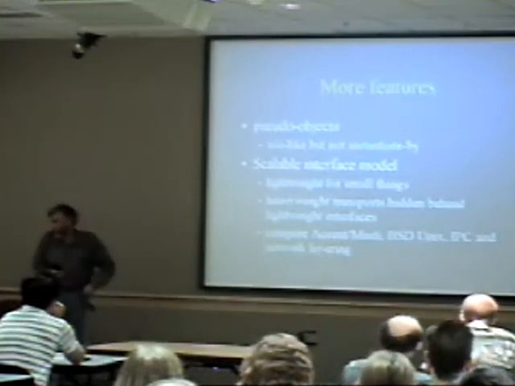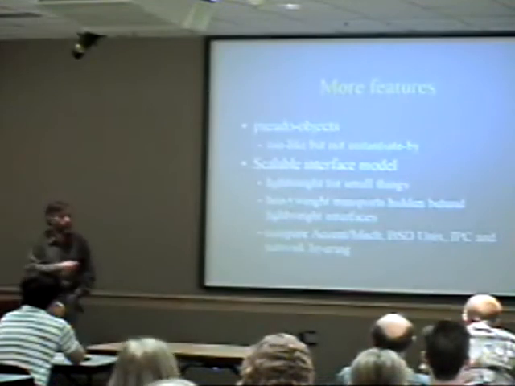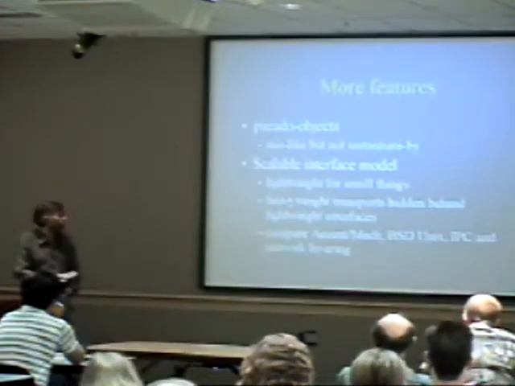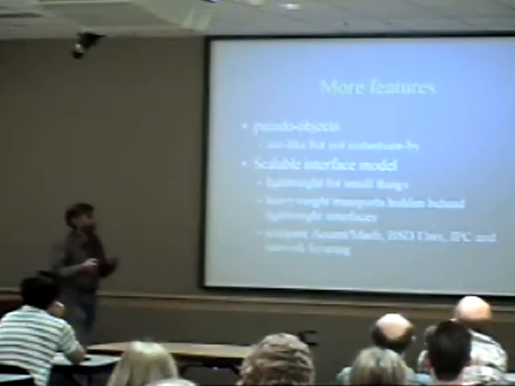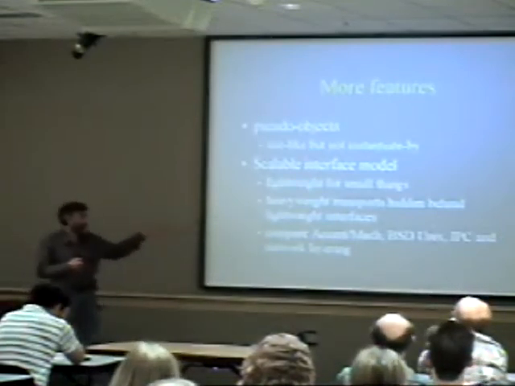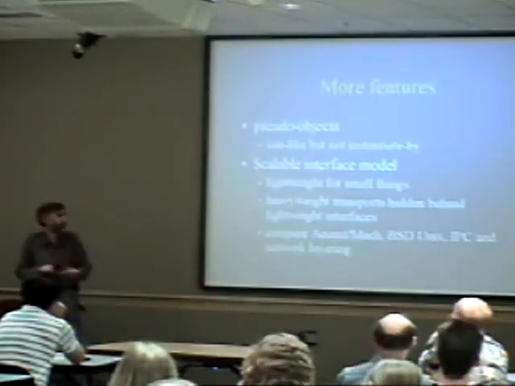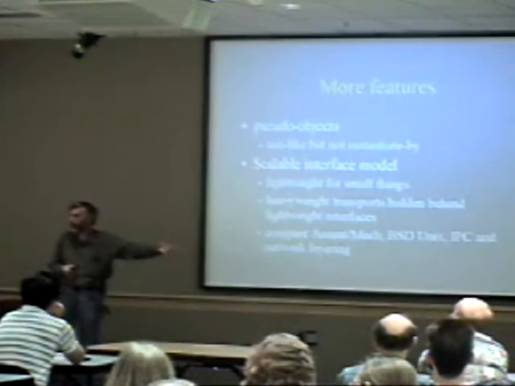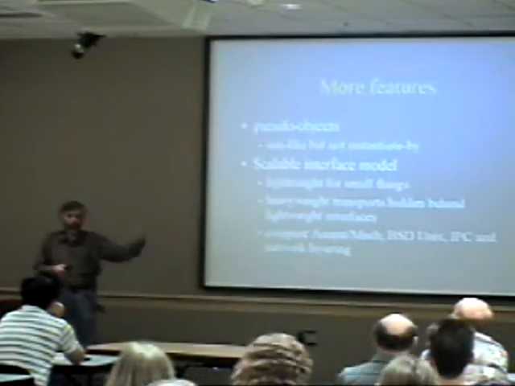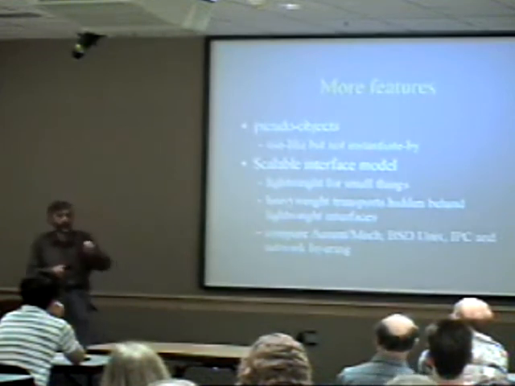The other aspect of what I was trying to do, I talked about abstracting what's going on under the covers behind an API. What I wanted to do was have that API or interface model be scalable in the sense I'm trying to express here. When you're just calling some lightweight object that's in your process, in a DLL or whatever, there isn't any big overhead. But when the object is in another process, all the heavyweight mechanism of sending messages and doing the protocol is hidden behind that same style of interface.